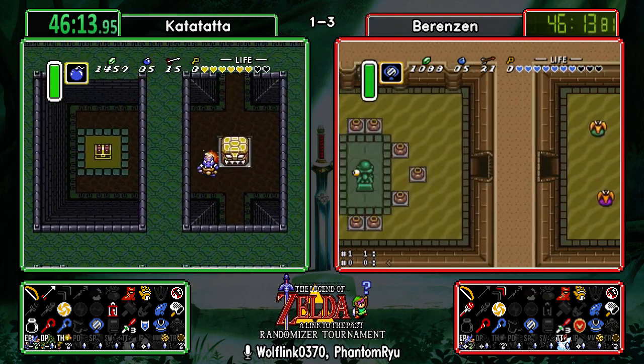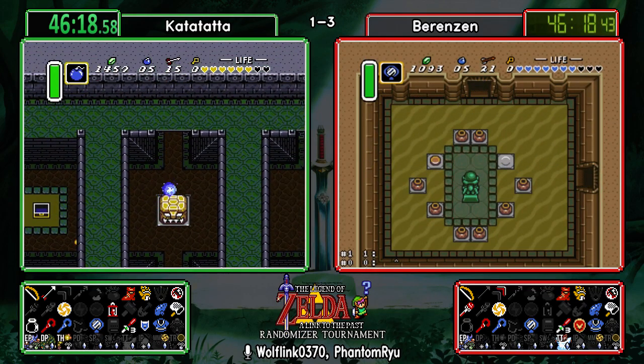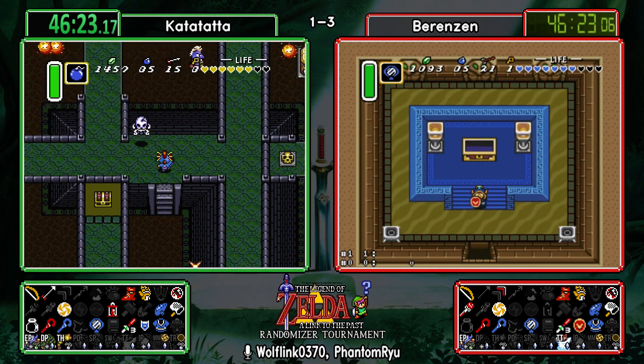Alright, so Katatatta running over into Steve's town, Berenzen hanging out in Desert Palace. Since both of our runners are covering territory that their opponent has already covered, we'd like to take this opportunity